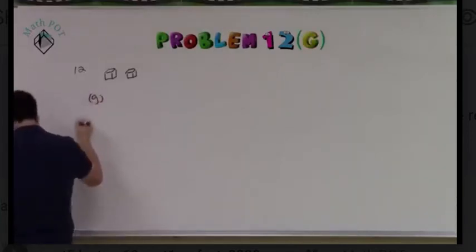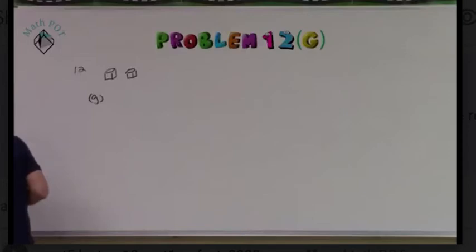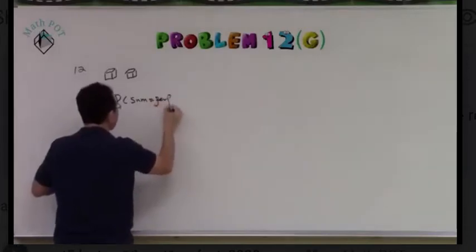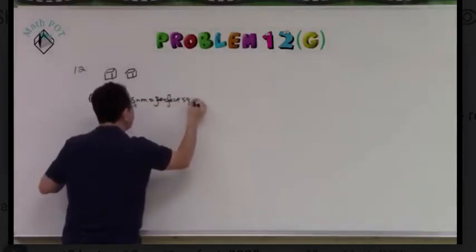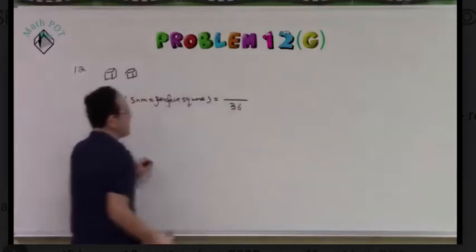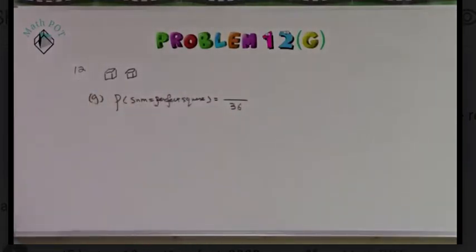So let's see, what is the probability that the sum is a perfect square? Let's see how to solve this one. Of course, definitely we know the total outcome is 36. For this problem, it's very clear. The best way is to try to construct solution, because